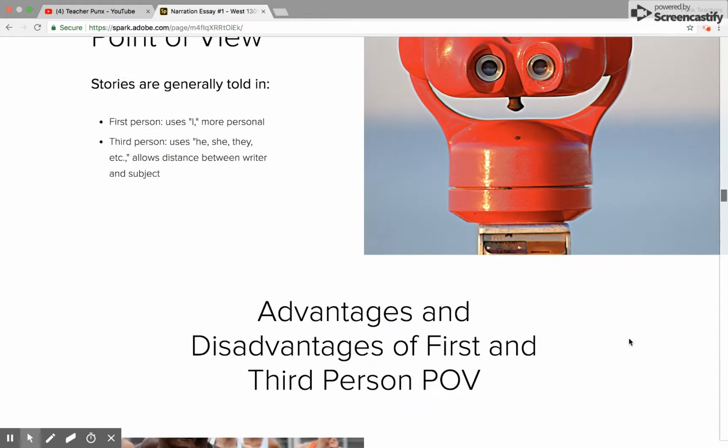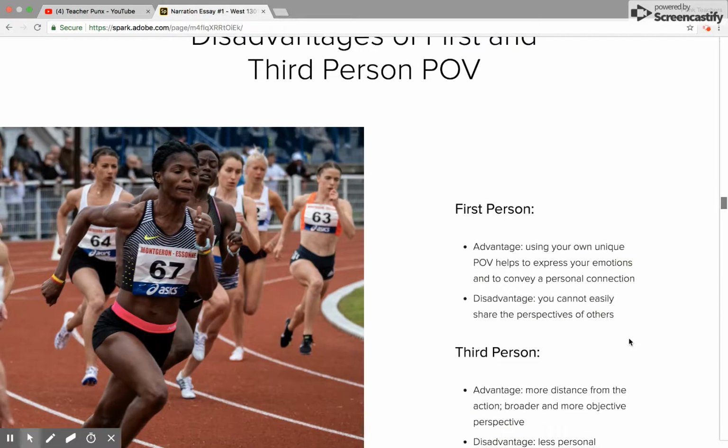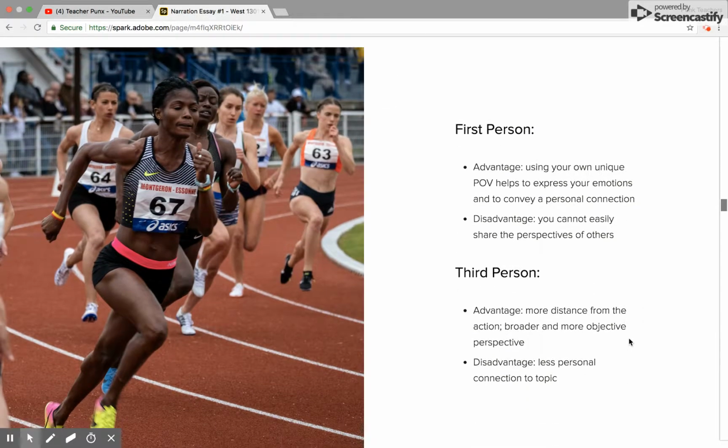There are advantages and disadvantages of using both of these. One advantage of first person is that you're able to use your own unique point of view, and that helps to express your emotions and convey that personal connection with your readers. A disadvantage is you can't really share the perspectives of others. You're just